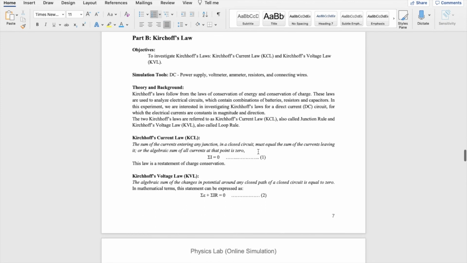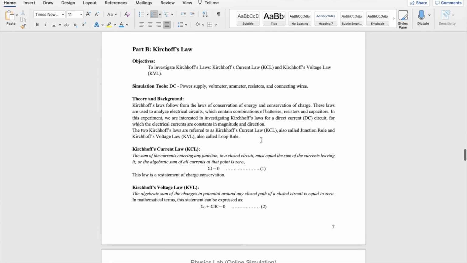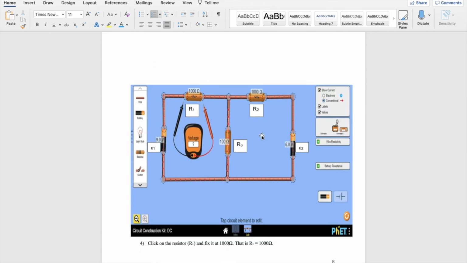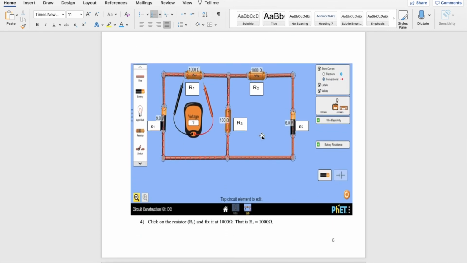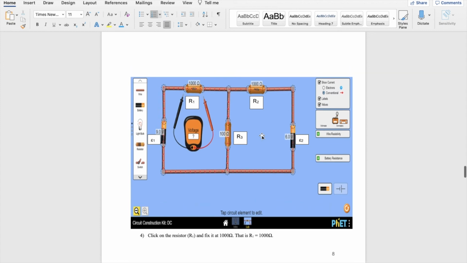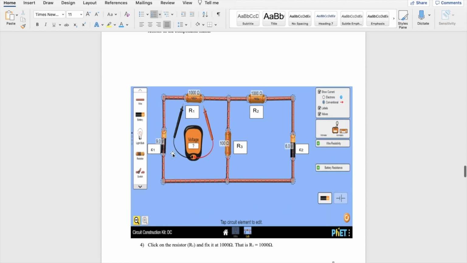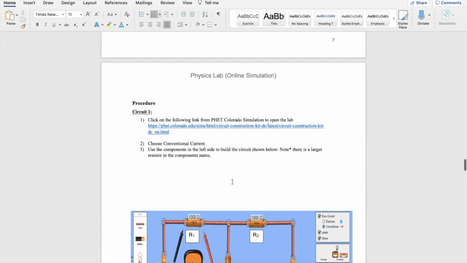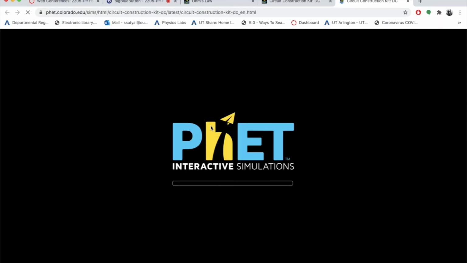And so part B is Kirchhoff's law. The theory is what we studied earlier today. Building a circuit. Again, take your time. Include all of these elements carefully in your circuit. Here, this is the link. Once you're in the link,